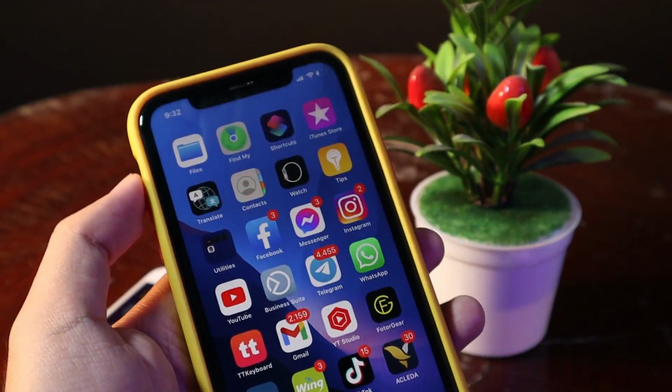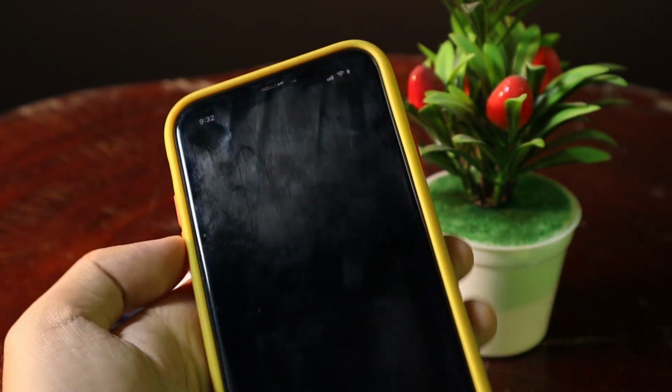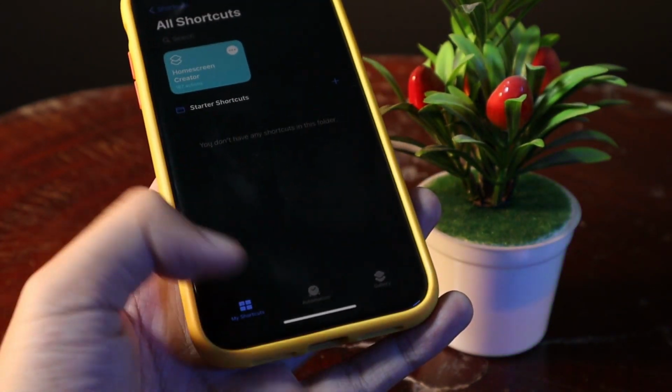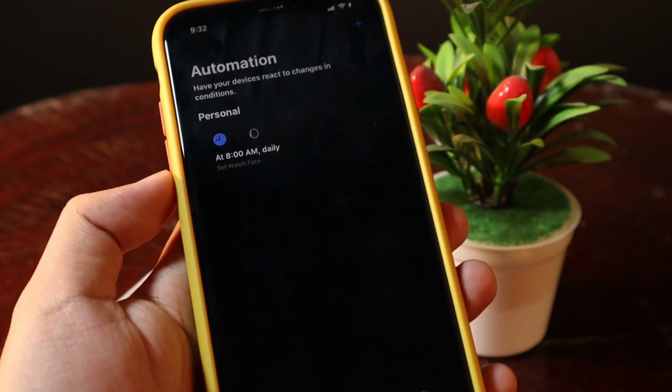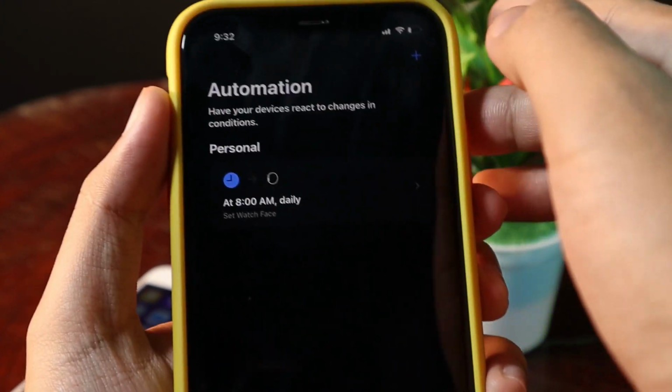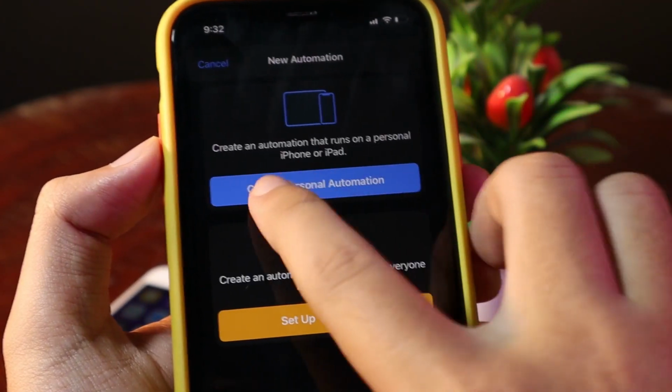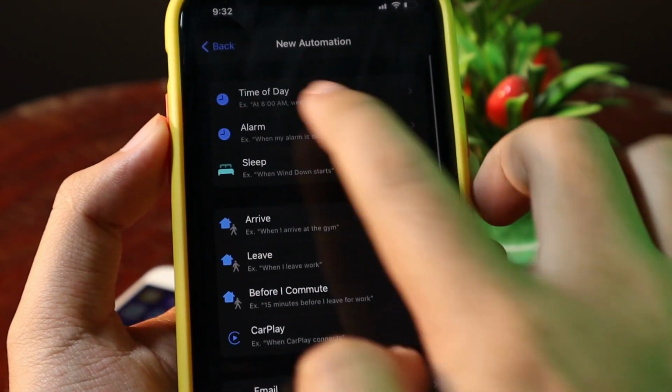So to do it, you need Shortcuts. So now let me go ahead and open Shortcuts here. And then you need to go to Automation. And now from here, you need to click on the plus button, click on Create Personal Automation and select